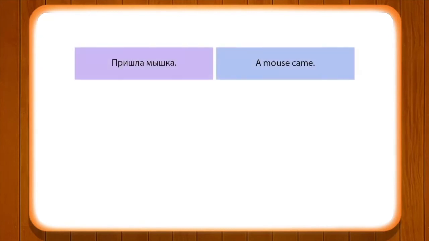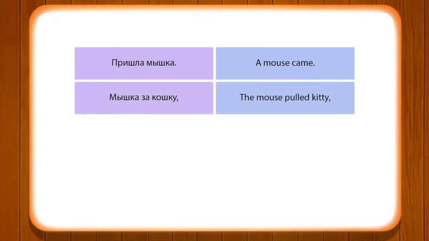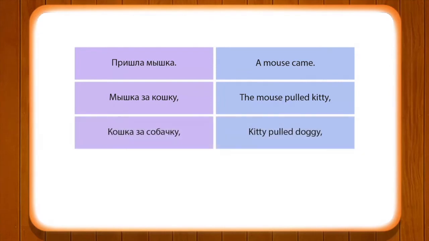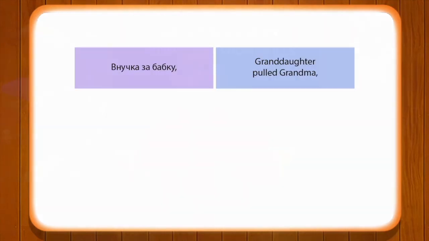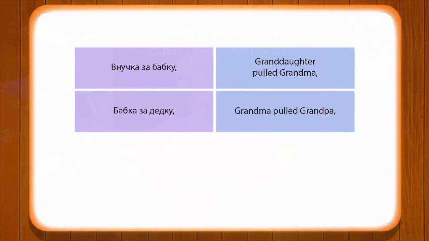The next sentence is a newer one, that is Prishla Myshka. So a new character comes in, the Myshka. Myshka is a mouse. It comes, and again tries to help them, and it stands behind the line. That's why the same construction goes. Myshka za koshku, koshka za sabachku, sabachka za vnuchku, vnuchka za babku, and babka za dzietku, and there is a long line. Each and everybody is trying to help the grandfather